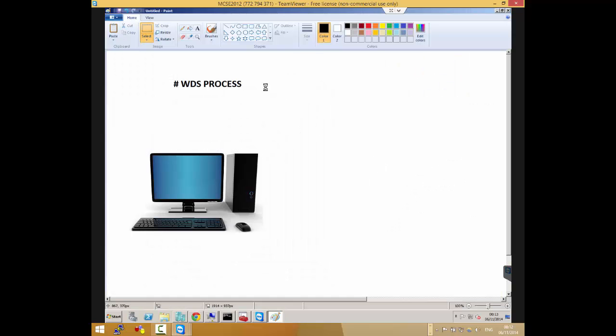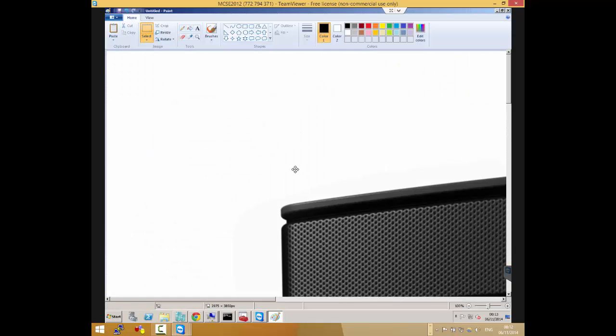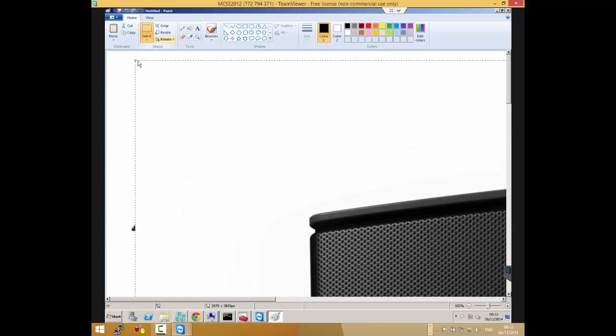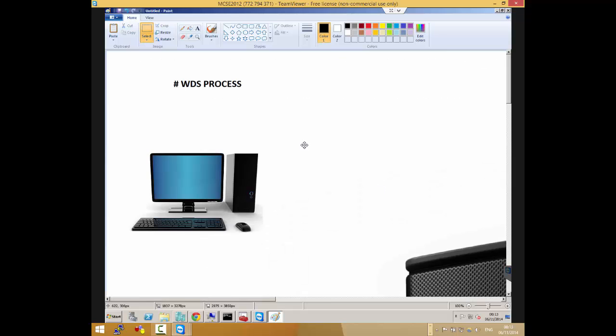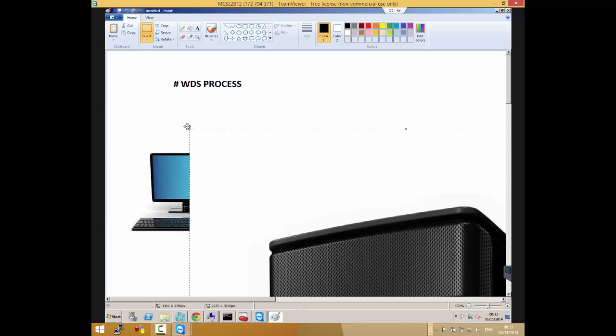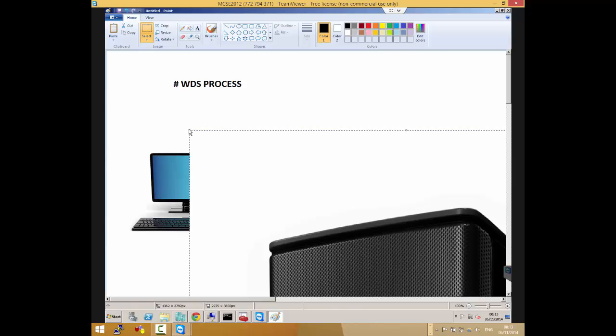So I have my server. Uh-oh, this is a massive server. Oh, still massive.